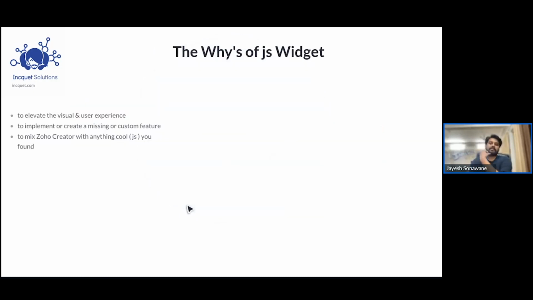And why use a widget? This is also for those who are just hearing the term widget and just want to know why to use this and at what particular point you use this. I'll explain the points, as well as show you an actual use case of why we in our company use the widget. So the first point is to elevate the visual experience, because you are fetching the data from